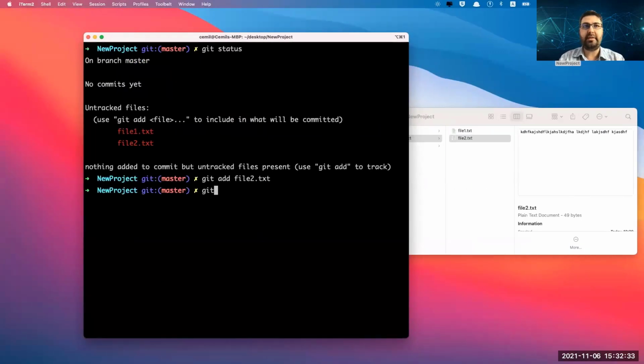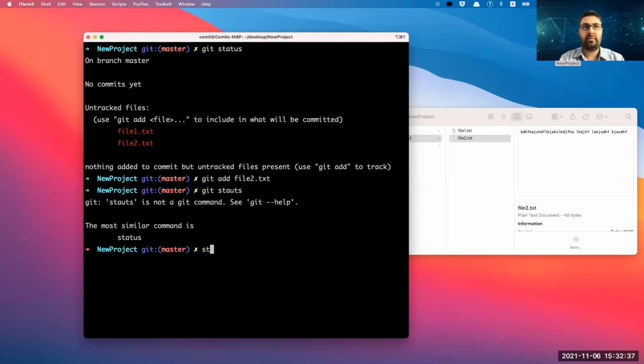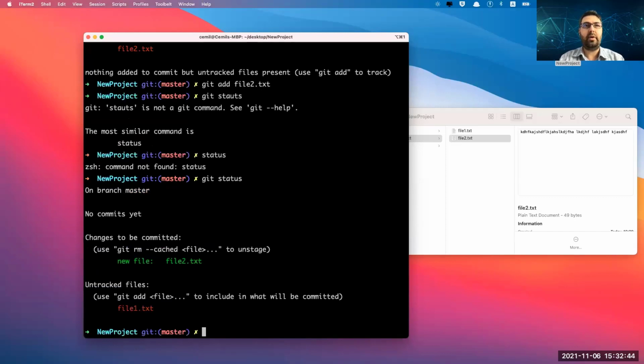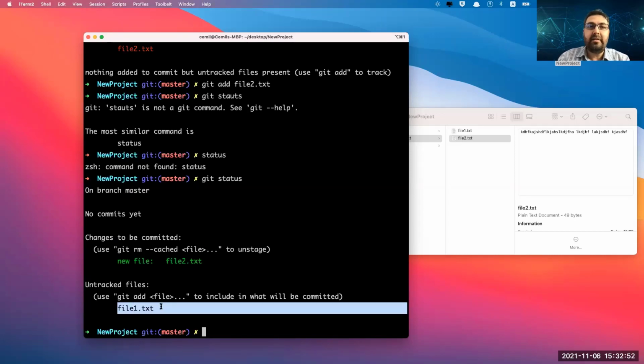Let's check the Git status once again. Git status. All right, now it says one is green, which I added, and one is red, which I didn't add, right?